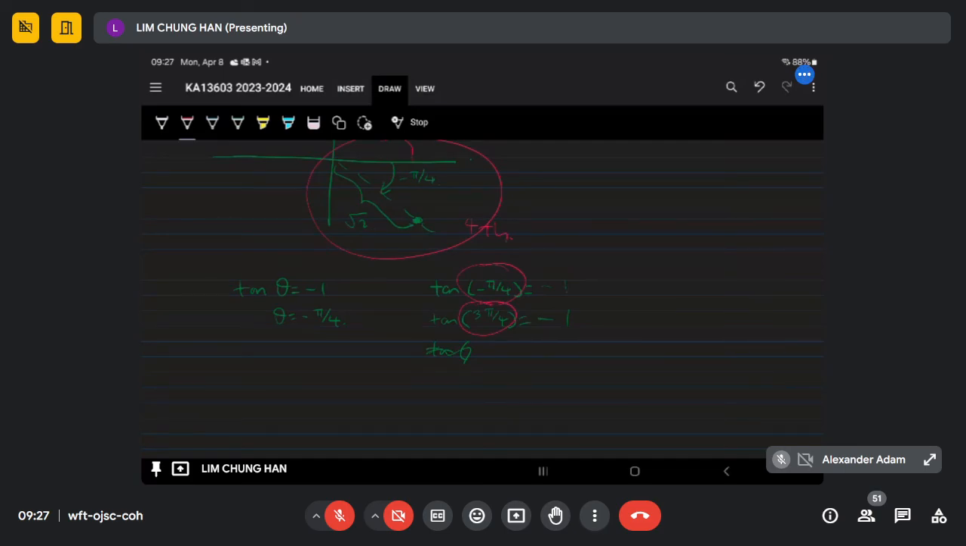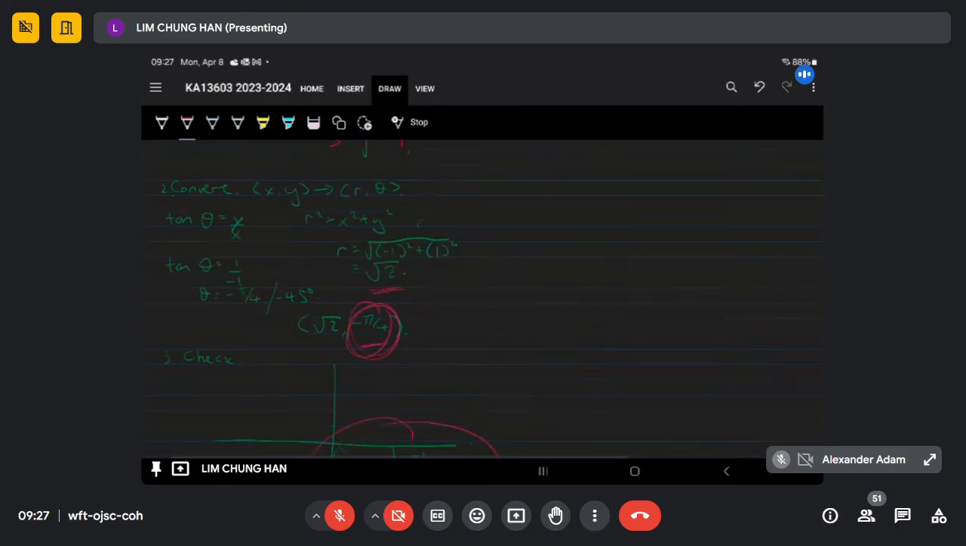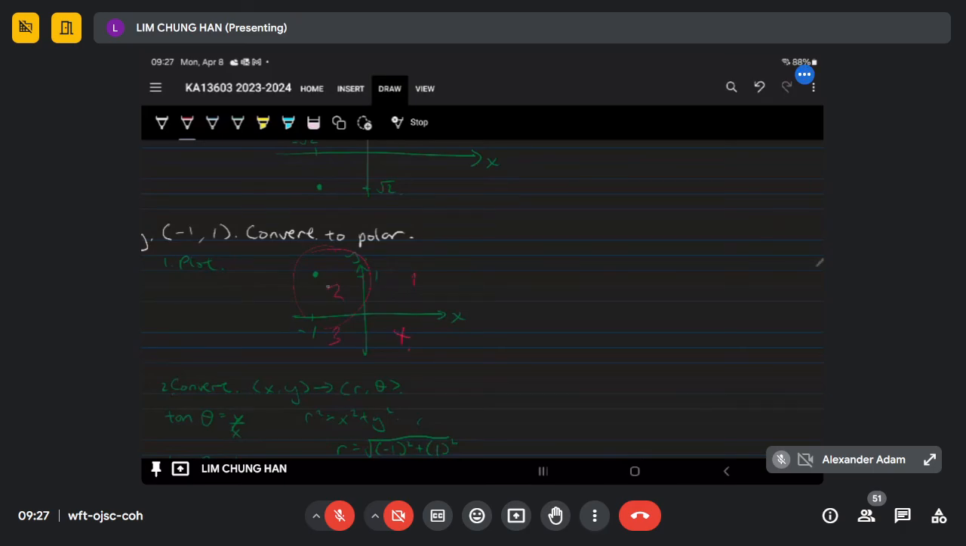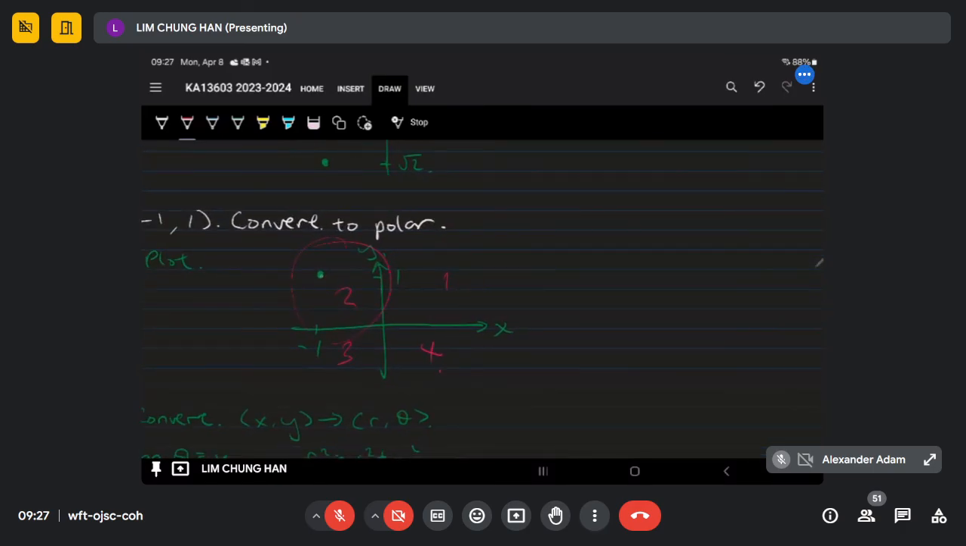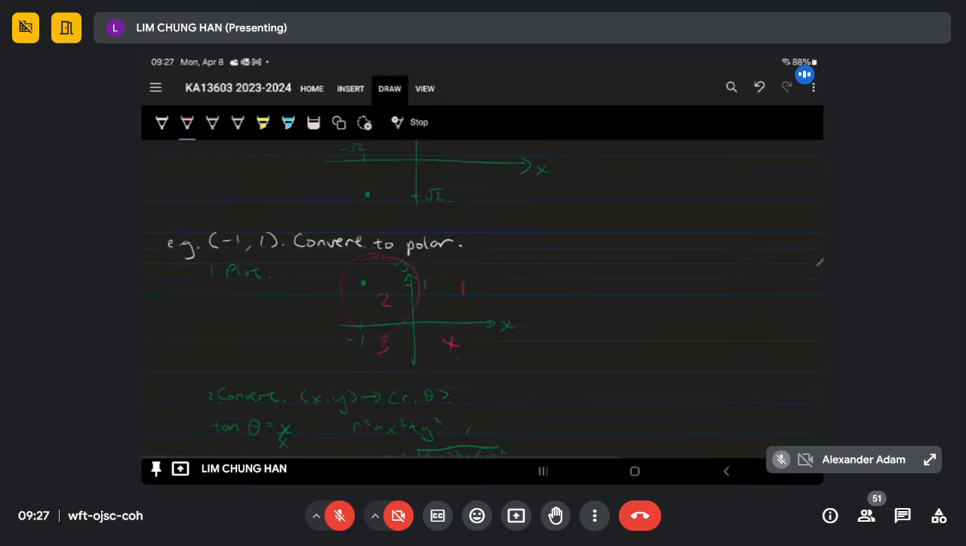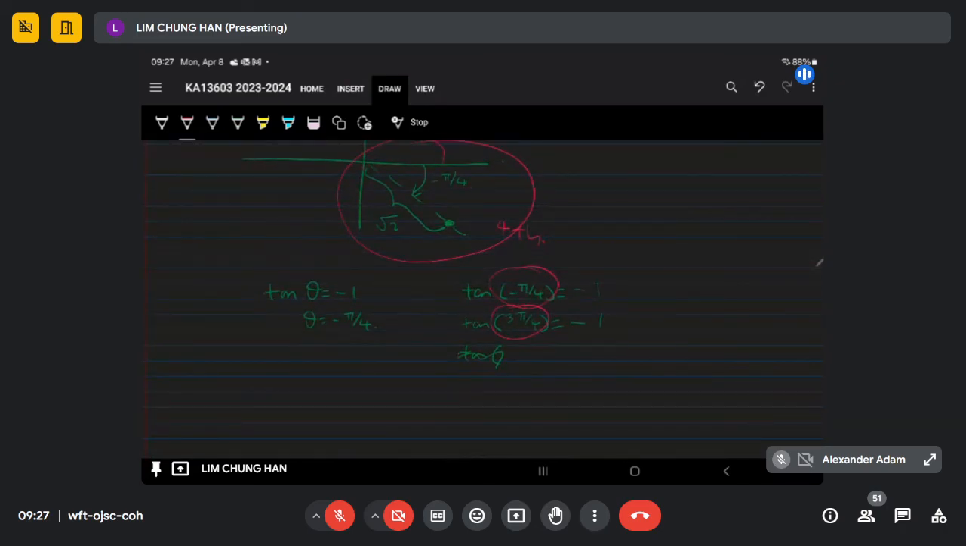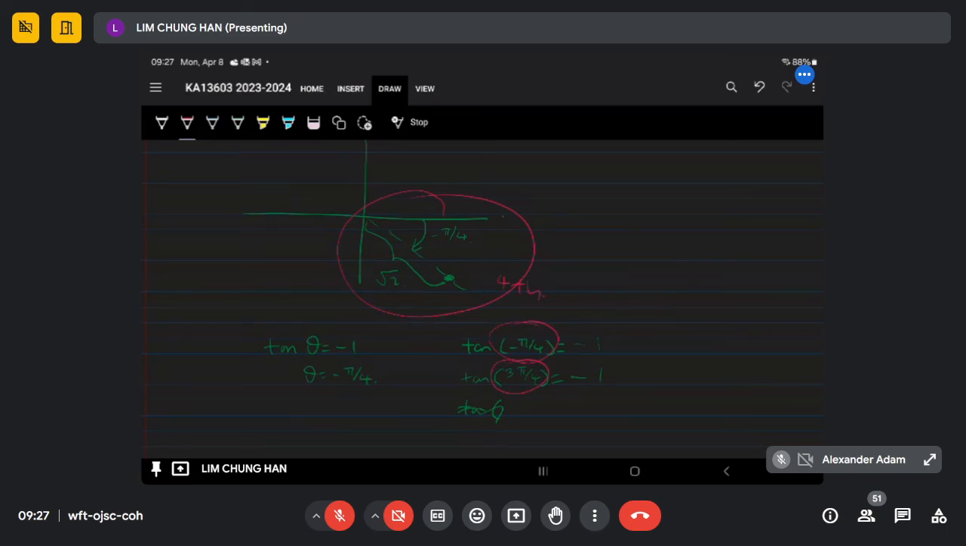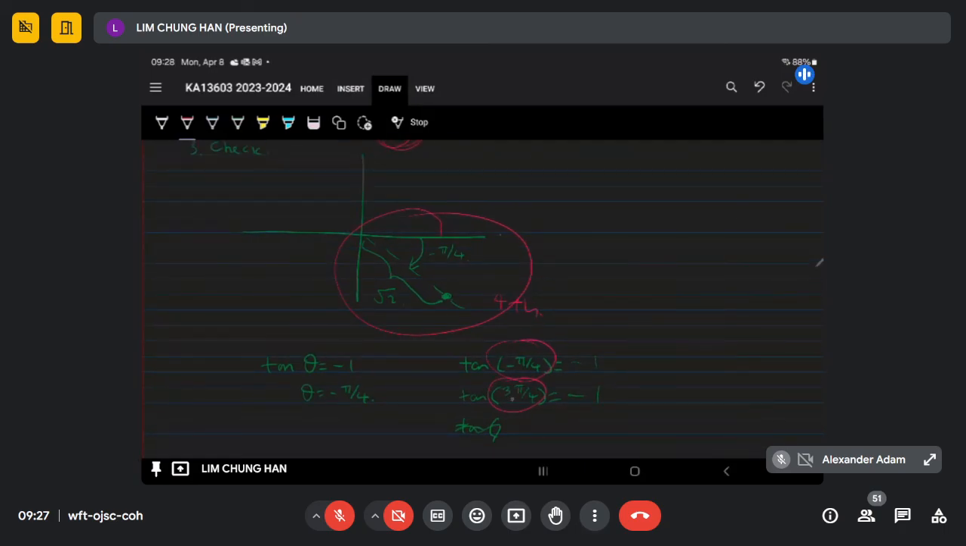So okay, faham? That is why we need to draw. We need to plot out the original question first, so that we know which quadrant our point is in, so that we choose the correct answer. Both are correct. Negative pi over 4 is correct, 3 pi over 4 is also correct. But we need to choose the correct one. So if I went with the calculator's choice, negative pi over 4, then it's wrong. But if I went with 3 pi over 4,